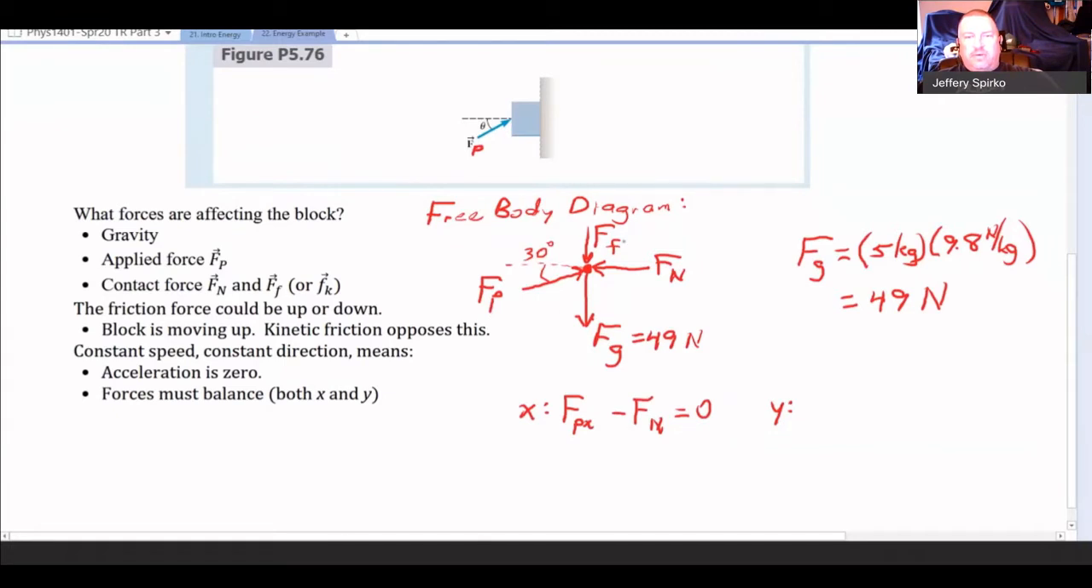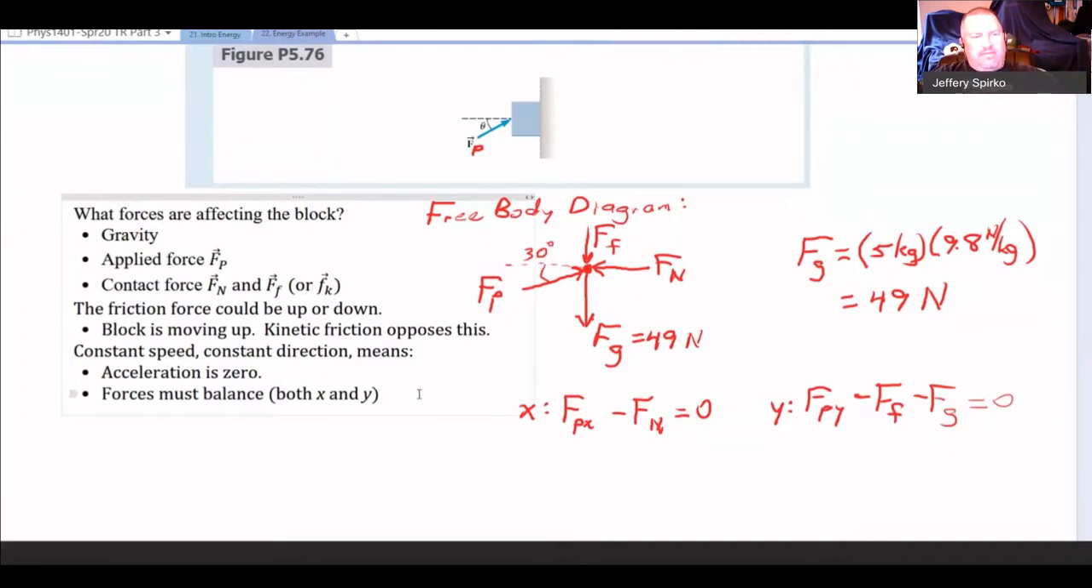So we only have two forces that are not vertical forces. So they have a horizontal component, they have an x component. So I symbolically put them together. And in the y direction, I have my F_Py and minus the force of friction and minus the force of gravity equals 0. So I've written both of my force balance equations,